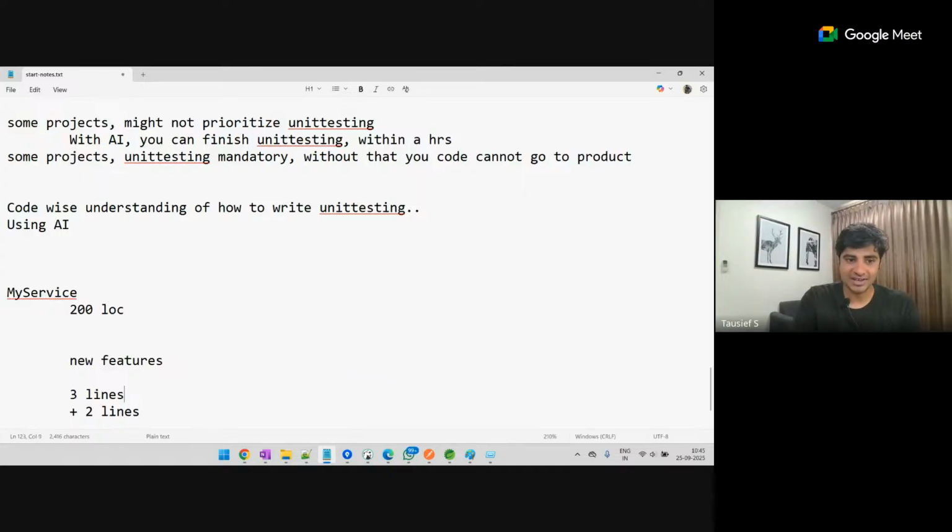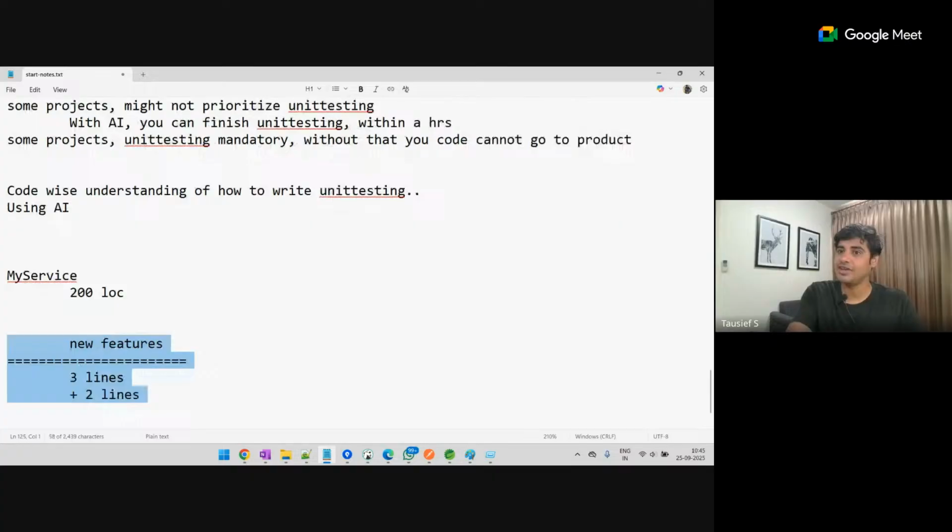Now, you need to understand that in all the projects, always unit testing is not going to be available. So it might be possible, your project situation is, in this past 200 lines, nobody has written unit testing. And now you have made these modifications and you know the seriousness of unit testing. So you started adding unit testing. But if you use AI, AI will generate unit testing for all the 200 lines also. So here you need to be really careful, because it is not your responsibility to develop all the past